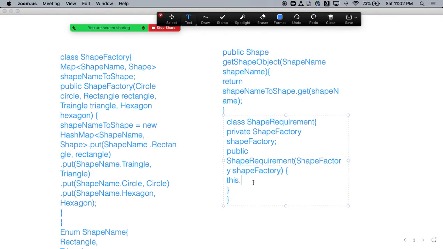This class is set factory, equal to set factory. Okay. And then you say set string, and this will give me what?